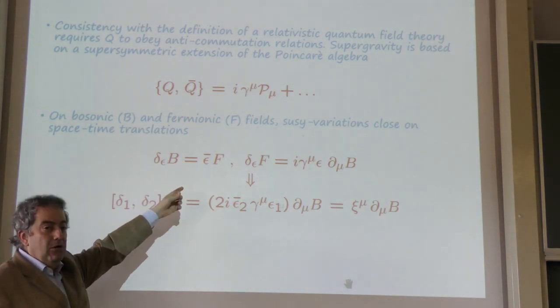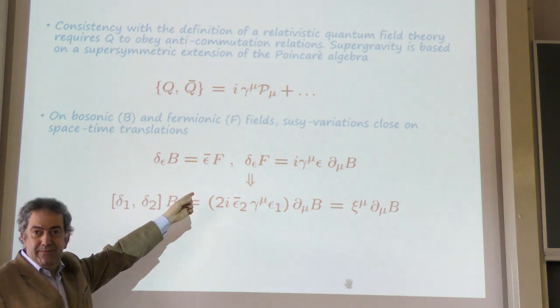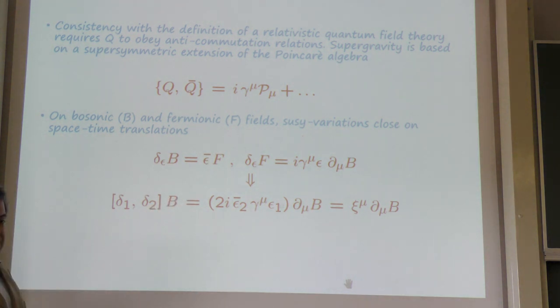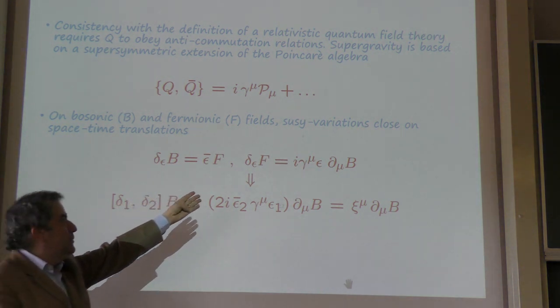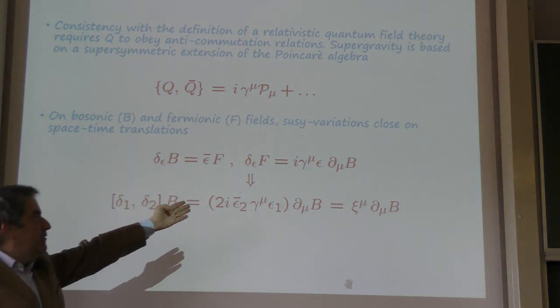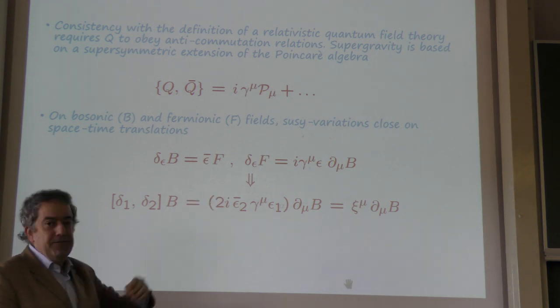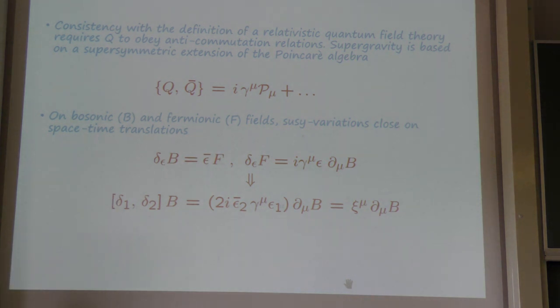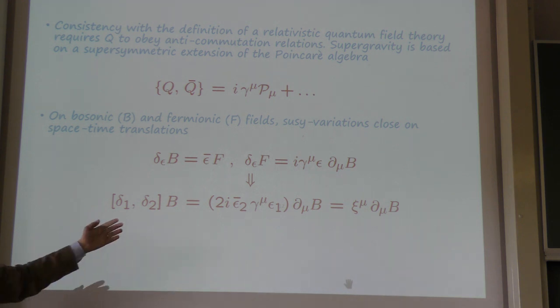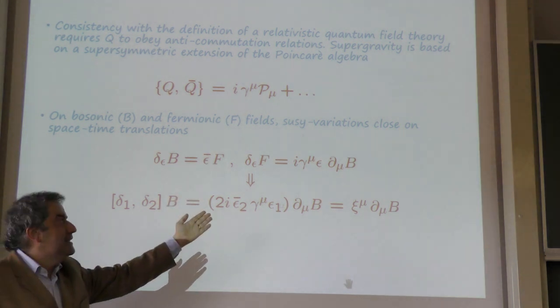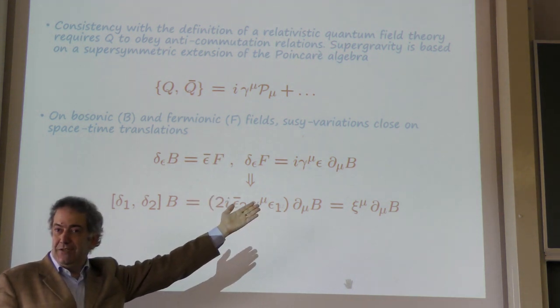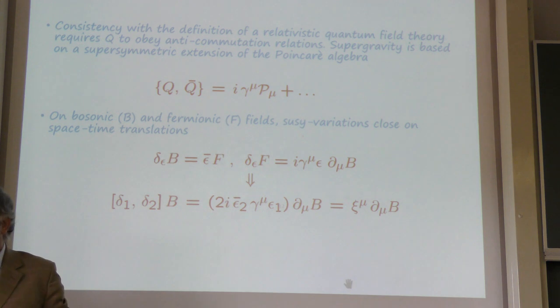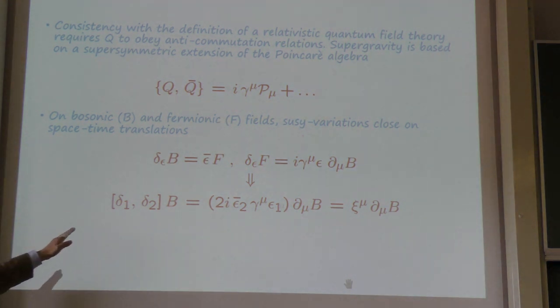All spinorial indices here are contracted and understood, they are suppressed. And the supersymmetry variation of a fermionic field has this general form here. You see the result is a fermion indeed, and they are all proportional to the supersymmetry parameter epsilon. As we will see, there is going to be another fermion in supergravity theories, which is the gravitino. For gravitino fields, the supersymmetry variation has another term, which is the gauge variation, the transformation of the gravitino. It's a derivative of epsilon. But for the time being, let us